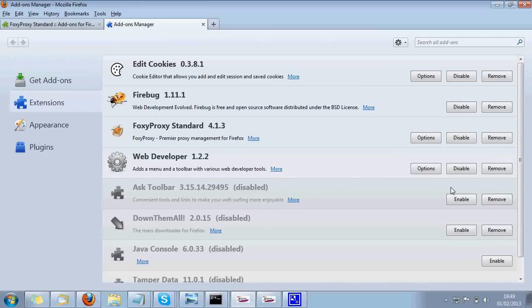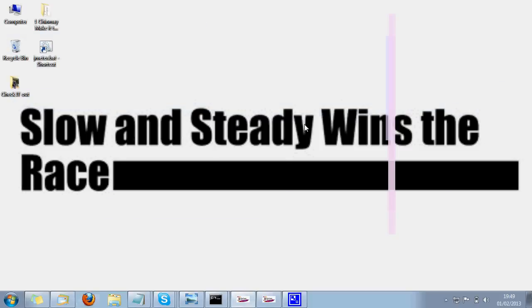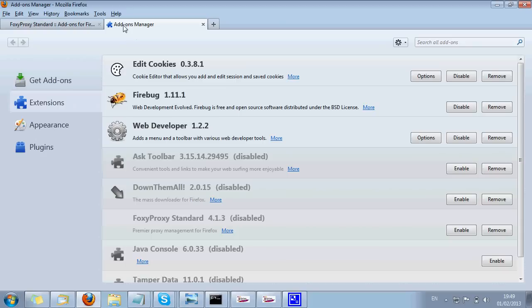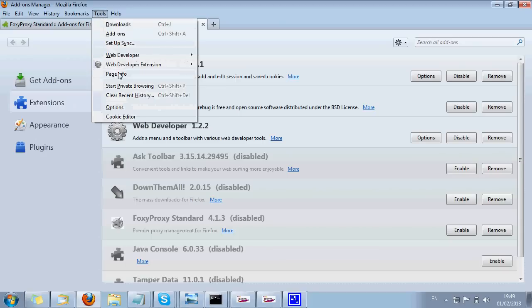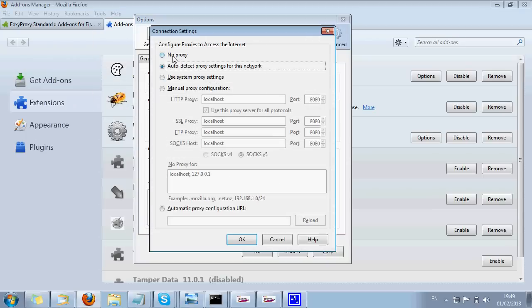Okay, sorry, let me first show you how we do it in our system manually without using this tool. For a simple browser, like here, tools, options, advanced tab, there is a network tab and settings. So there are 4 radio buttons, like no proxy. There we are not going to use any kind of proxy server in between our system and the network. Okay, and auto detect proxy setting for this network will detect the proxy setting in our browser.